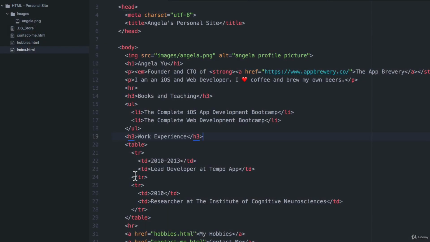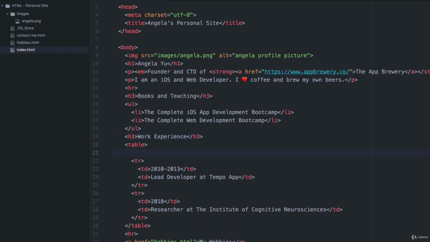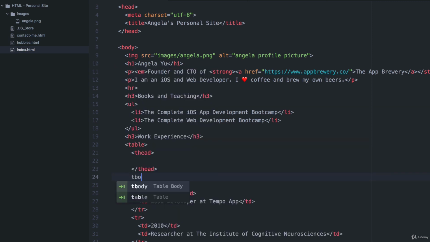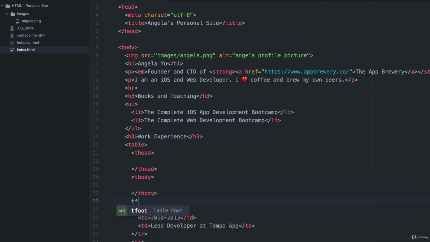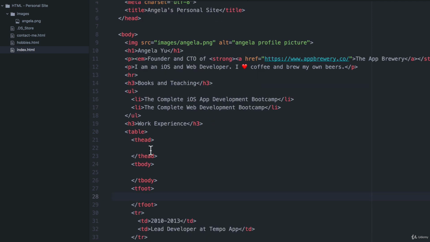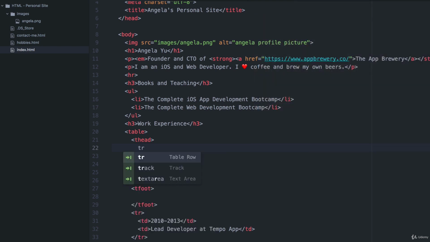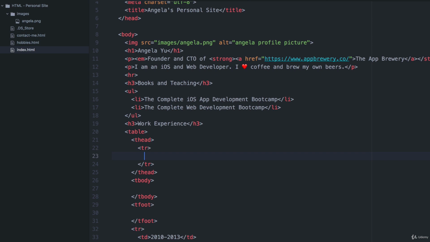Now, aside from having just rows and cells, tables also have a header, body, and footer, mirroring what we have for our HTML websites. And you can declare them quite simply by writing thead for table head, tbody for table body, and tfoot for table footer. Now inside the table head, we can add some titles to each of our columns, and they get formatted by default in bold. So if we create a new table row,